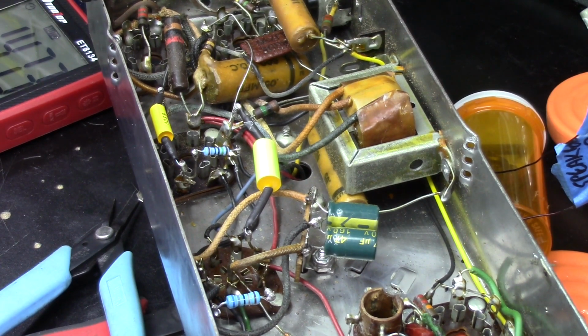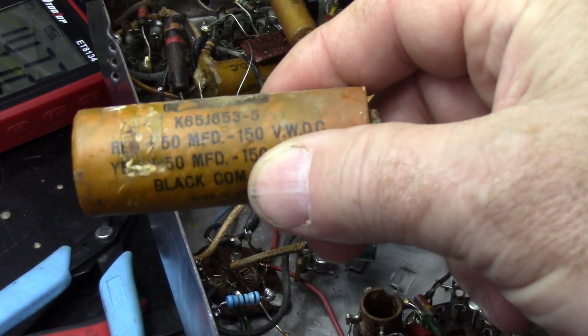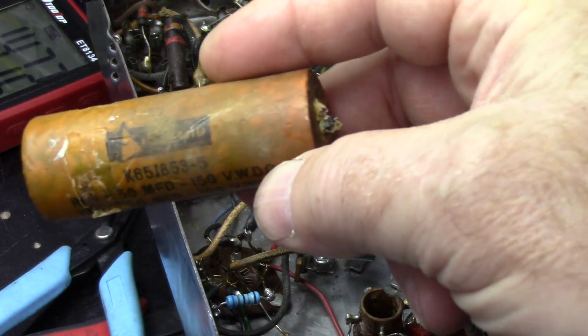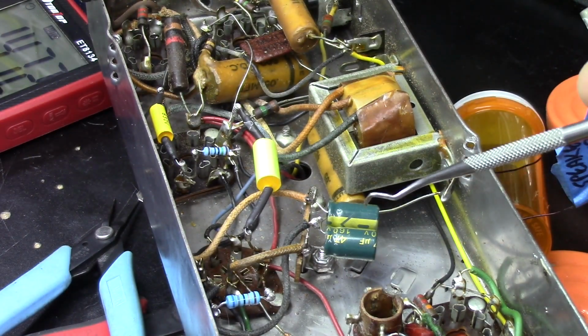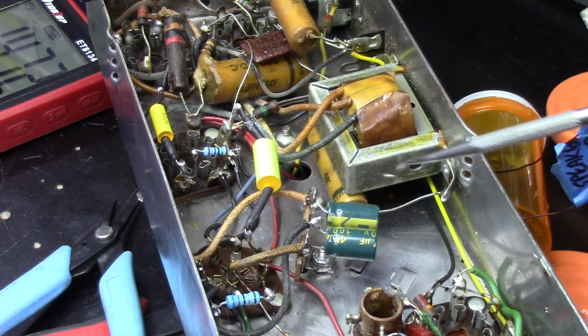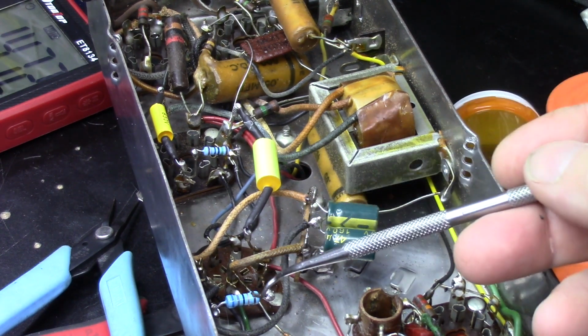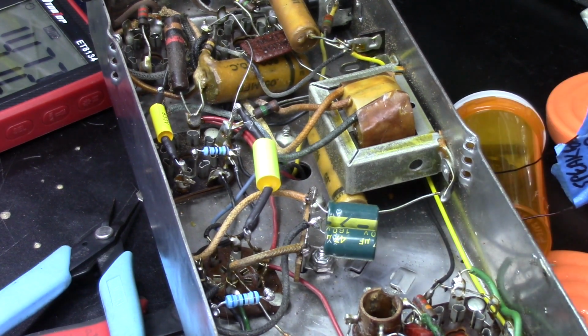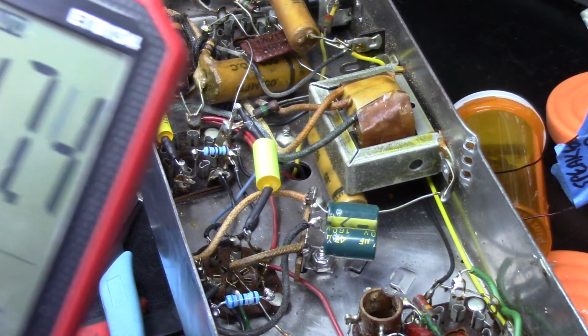Okay, I thought I'd bring you guys quick back and show you where I'm at right at the moment. I replaced this 2-section 50 microfarad 150 volt honking electrolytic with these 247s down here. Put a terminal strip in, mounted in real nice. That worked out real well. And then I replaced this 68 ohm resistor because the one that was in it, which is what's on my meter right now, as you can see,